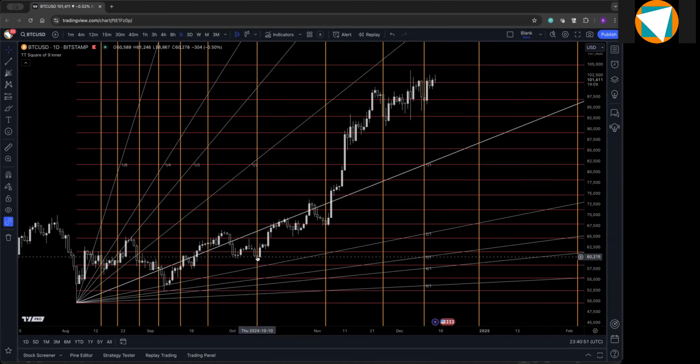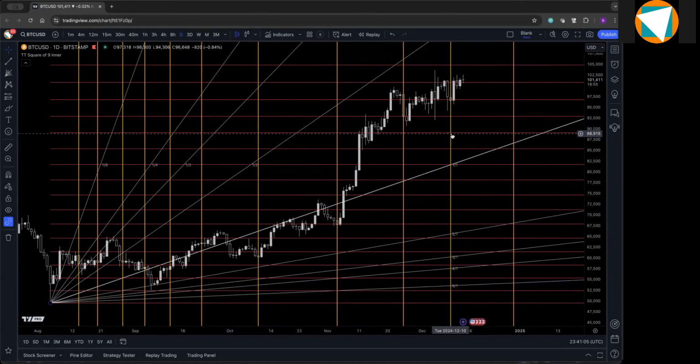So this price line here tagged a low on October 10th, tagged another low on November 4th, tagged a low within a day on November 25th. Here's another minor low on December 10th. So these are really compelling, in terms of just being able to visualize